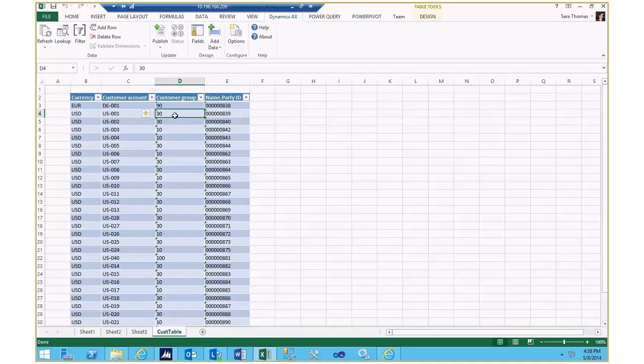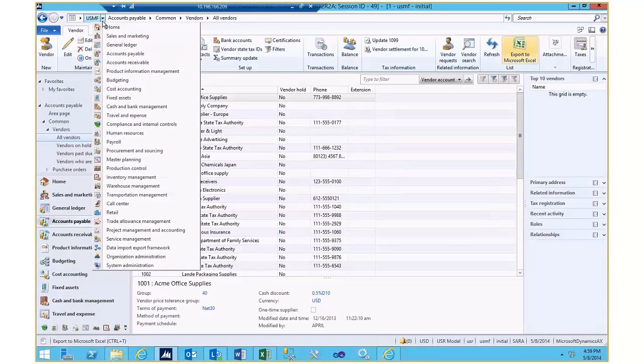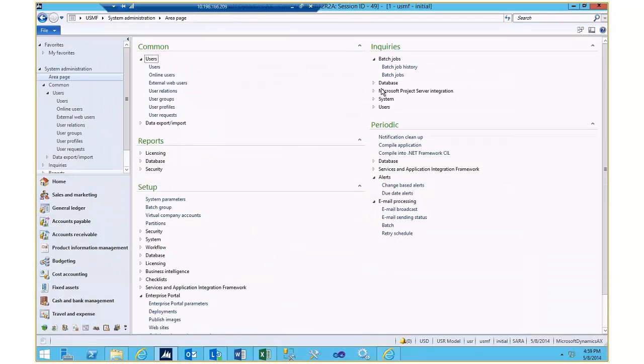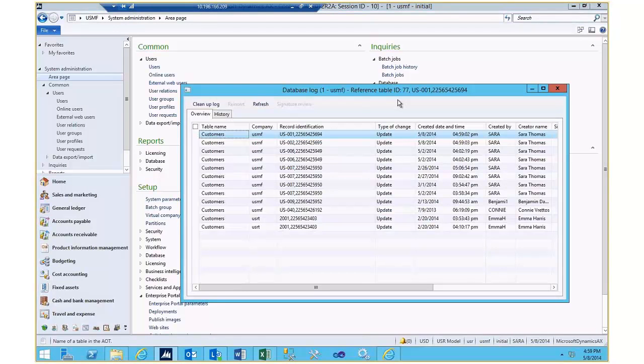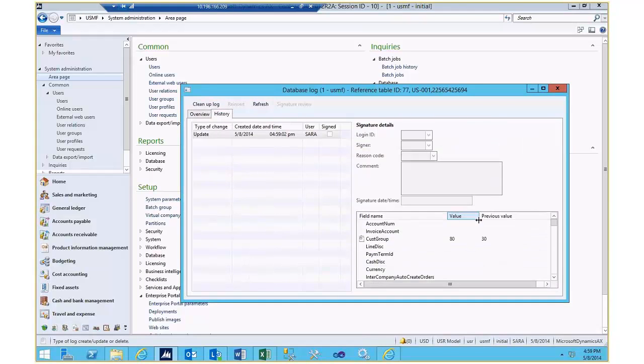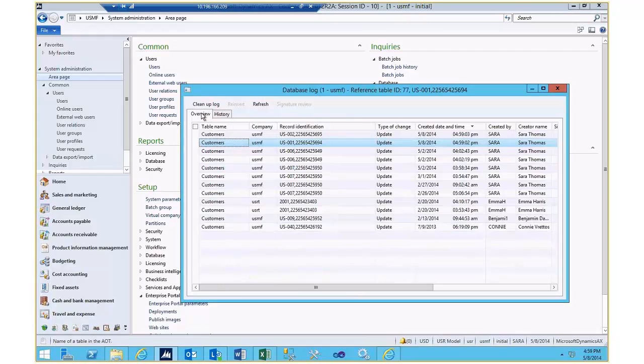But one of the things that we did here is that if you come in and, let's say, change a couple of the customer group fields, as I mentioned, AX will validate this. You'll see the form flash where we've created a new worksheet in the Excel sheet here that says that everything went well. One of the things that we did, back in AX under the database log, is that we've captured those changes. So if you sort by date here, then you'll get those two records that we changed. You've got the previous value and the value that we just changed this to, and so forth,